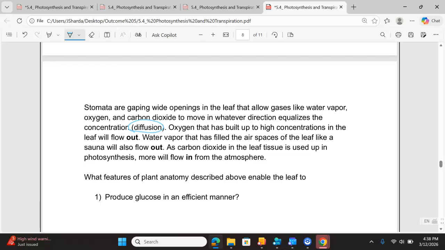This is diffusion. Oxygen that has built up to high concentrations in the leaf will flow out. Water vapor that has filled the air spaces of the leaf, like a sauna, will also flow out into the atmosphere. As carbon dioxide in the leaf tissue is used up in photosynthesis, more will flow into the leaf from the atmosphere. Now, I'm going to go back to these questions at the end,